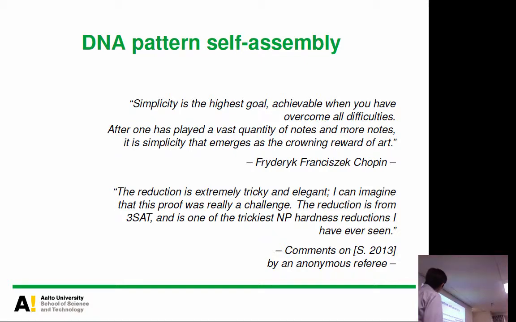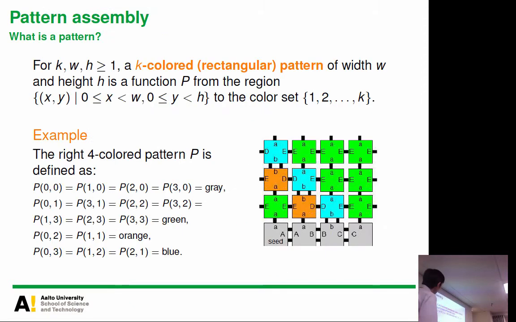So I was talking about shapes, but I want to talk about pattern assembly to conclude my talk. So pattern assembly is a bit different from shape assembly. So what's a pattern? A pattern is some function which assigns a color to each position. Okay. So in this case, this is the pattern. The first row is gray, and these two parts are red, and these 3 positions are blue, and the others are green. So this is the pattern.